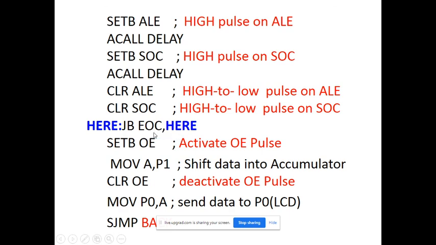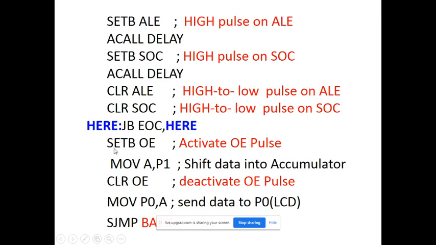And when EOC becomes 0, at that time the bit is not there, it is 0, so this condition is not fulfilled, you are not jumping back here, and you proceed to the next action, which means the conversion is over. You are just checking whether the EOC condition is active or not, whether it has become 0 or not. When it is 1, you remain here, which means the conversion is in process. And when EOC becomes 0, that time the bit is not there, which indicates that the conversion process is over. And once this is over, you proceed to the next action.